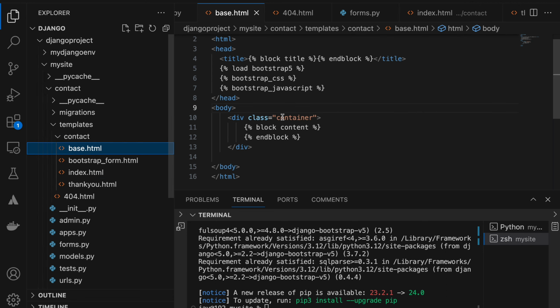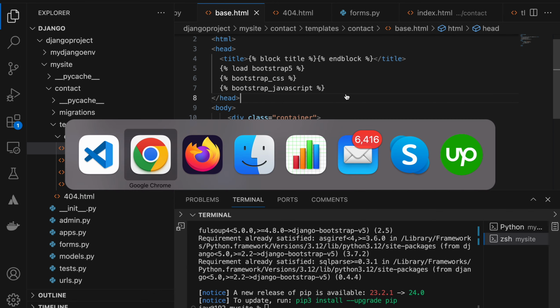This is index, this is base. Here I have to include like this. Load Bootstrap 5, Bootstrap CSS, Bootstrap JavaScript. So whenever you install the Bootstrap, it creates two files internally. One is a CSS file, one is a JavaScript file, and that's why I'm loading here, right? Once I do this, what I can see,